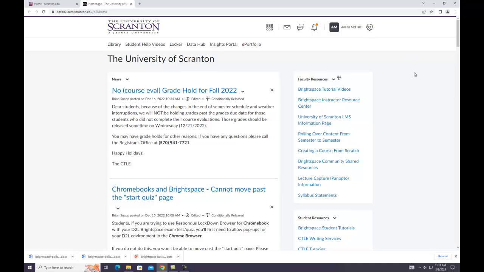Okay. Now, once I'm in Brightspace, I'm currently at the home page for Brightspace. I'm not in a course home page right now. Okay. These areas here are called widgets. There's a news widget. Over here you have faculty resources. There are lots of tutorials. Very good resources here. This document,